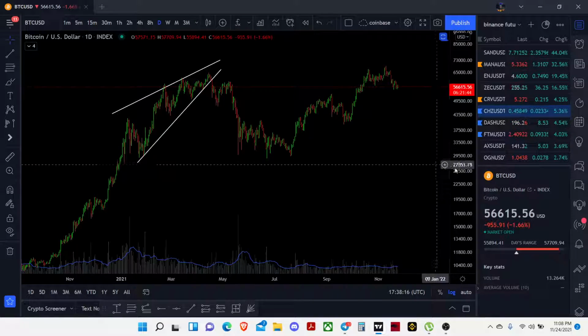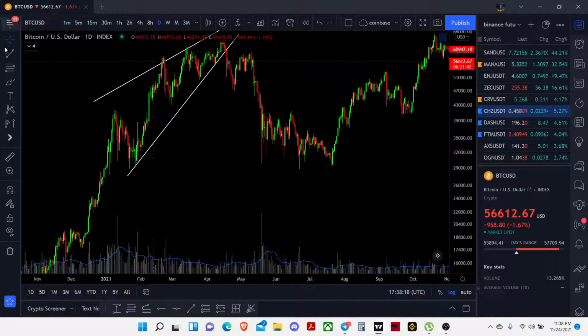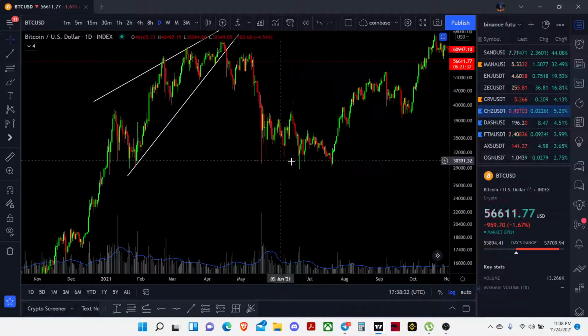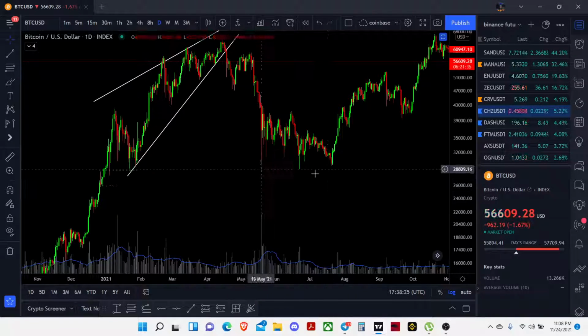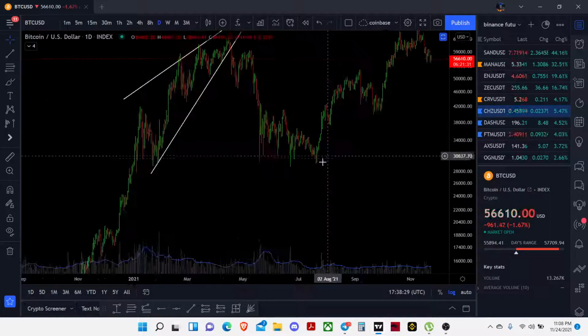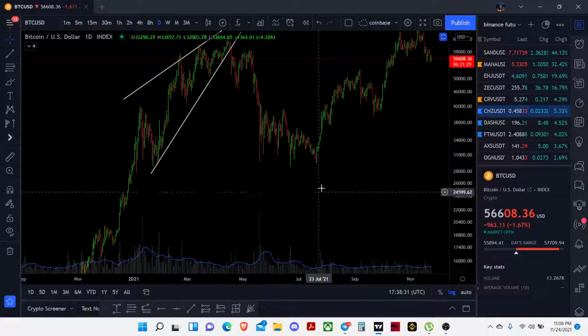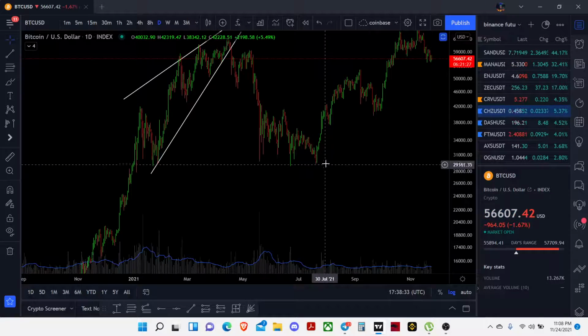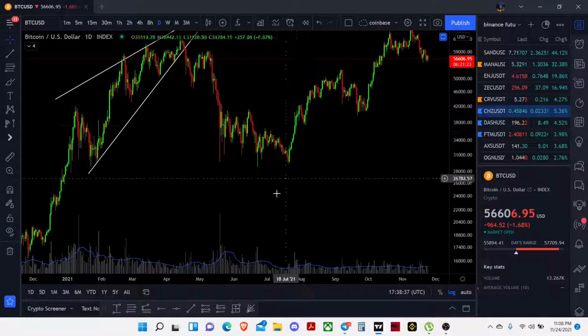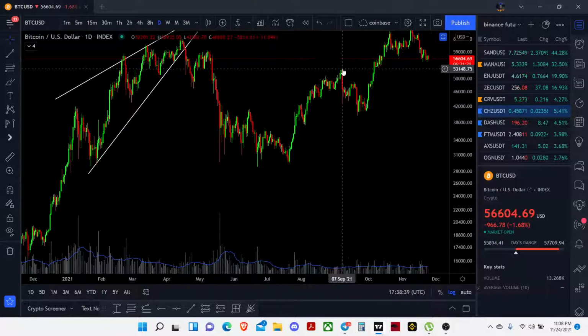It came back down to the $30,000 level overall. And here it made a fake out to flush out the weak hands from the market. There were a lot of people screaming for 20K at this region, so it was a bottom. The people couldn't understand that, and big players moved the market to the upside.